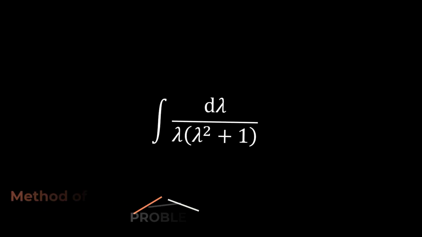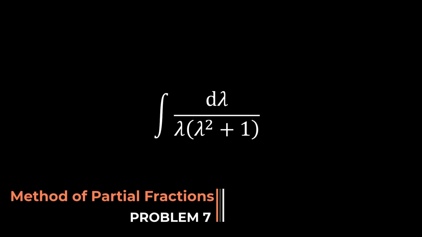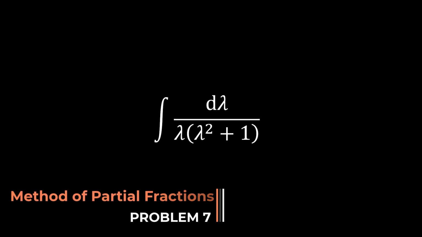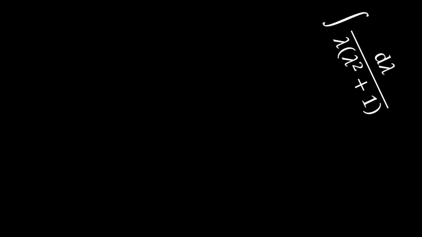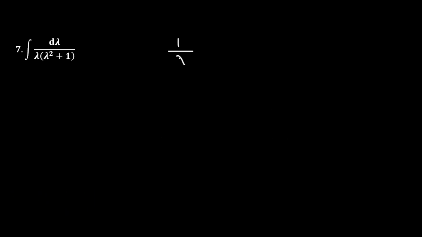Problem number 7. Here we have to find the integration of d lambda over lambda times (lambda squared plus 1). We are going to decompose the integrand 1 over lambda times (lambda squared plus 1) as a over lambda plus, now here we can see that in the denominator we have a quadratic term, lambda squared plus 1. The second partial fraction will be (b times lambda plus c) divided by (lambda squared plus 1). Now we're going to multiply throughout with the least common denominator, lambda times (lambda squared plus 1),